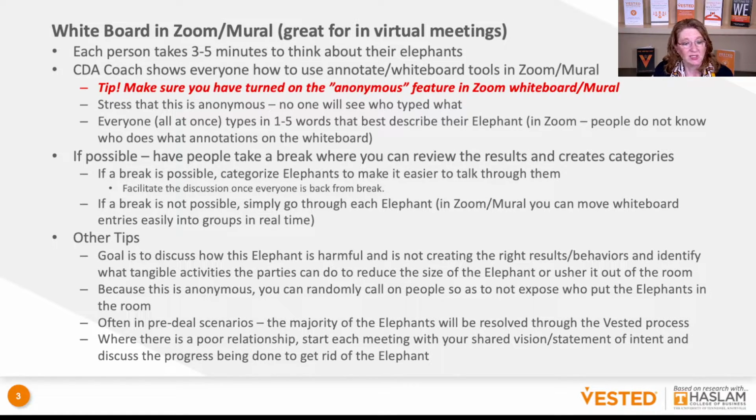Often in pre-deal scenarios, the majority of the elephants will actually be resolved as you work through the vested process. For example, one elephant that you see is junkyard dogs. You know, gosh, our client, they just micromanage us. How are they going to be able to change that culture? And you can talk to them through the rules and say, well, no, in Rule 2, we're going to do a workload allocation and a taxonomy and really help understand where there's duplication of efforts and work